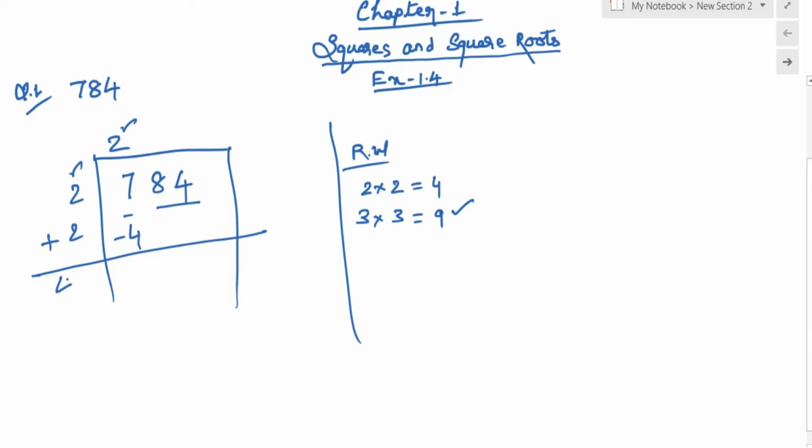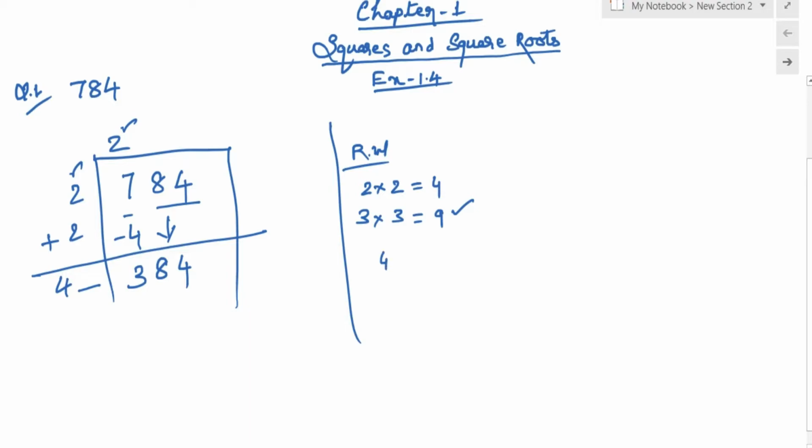2 + 2 = 4 और एक डिजिट यहाँ पे एक्स्ट्रा. हमेशा याद रखिएगा हर एक स्टेप के बाद 1 डिजिट बढ़ता जाता है नीचे. तो यहाँ एक डिजिट खाली छोड़ देना है आपको. 7 - 4 होता है 3, बचा 84 आपको एज इट इज़ नीचे लिखना है. नाउ 4 के साथ ऐसा क्या नंबर है जो 384 आपको ला के दे सकता है?